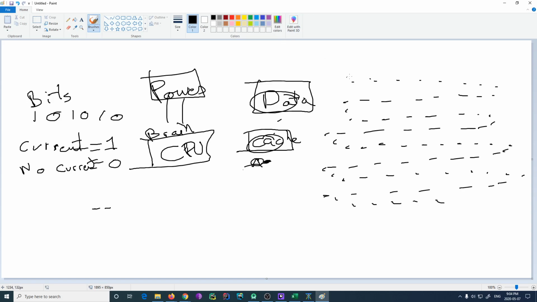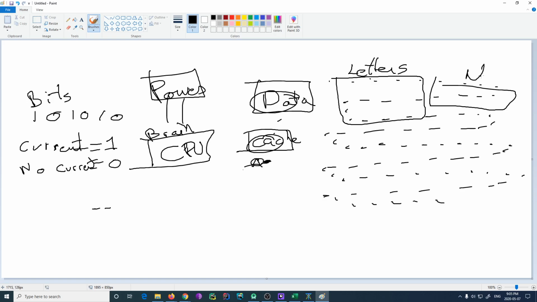Now, what they decided is they said, hey, we could take a section of this and make that for, let's say, letters. We took another section for numbers. We took another set of this thing inside the data, a bunch of these little places where we could store electricity or not, and we said this is, you know, my Chrome, and so forth, so on. So inside the memory, we have a lot of these places that we could store values,